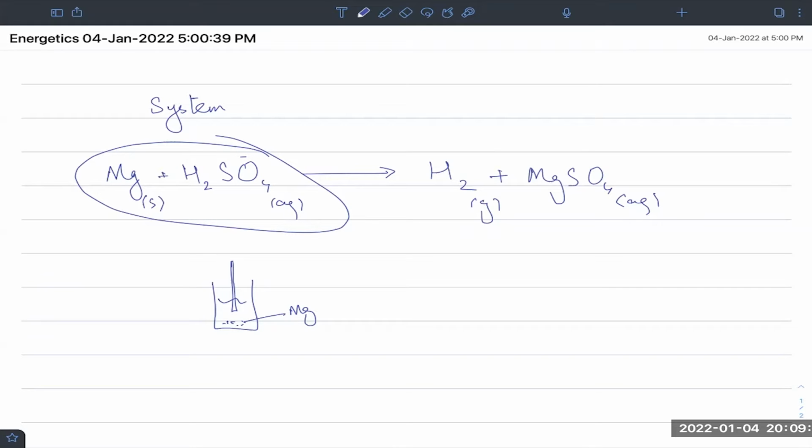The air around it, not part of the system. The beaker, the thermometer, the person doing it, not part of the system. The only two things that are part of the system are sulfuric acid molecules or ions, because this will ionize obviously, and magnesium solid. That's it, nothing more, nothing less. Now, in this system, everything else around it, the solution, the solvent in there, the thermometer, the beaker, the person doing it, the environment,